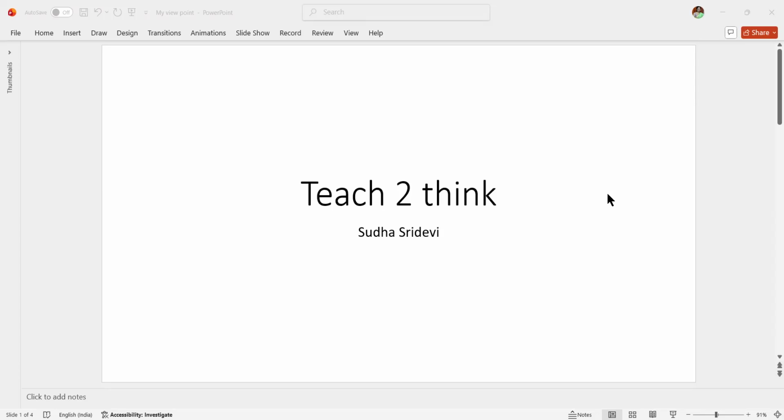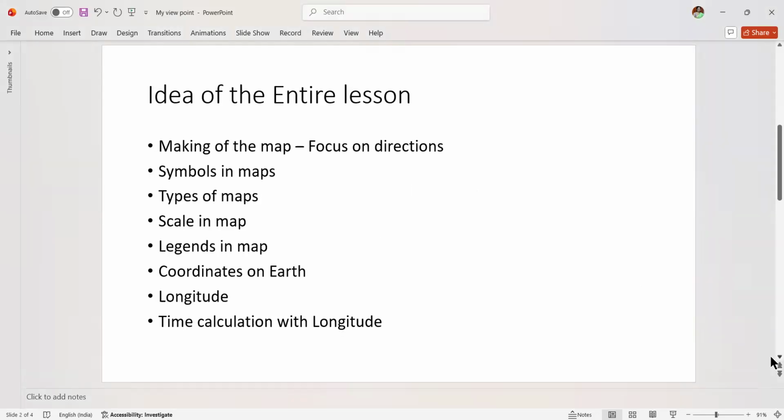Yesterday, we had just gone through the lesson to understand what were the different contents that were present in the lesson in order to meet the learning objectives. Today, we are going to look at how we make our first learning objective. In order to understand, we need to have a mind map of what exactly is the lesson topics that we are going to do. So let's look at the sixth class lesson, the